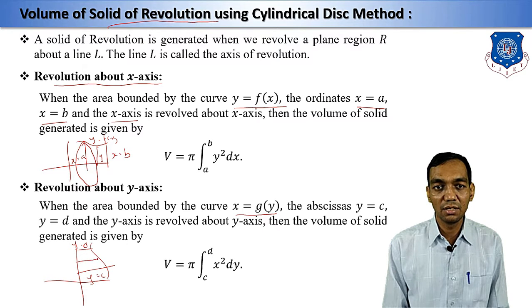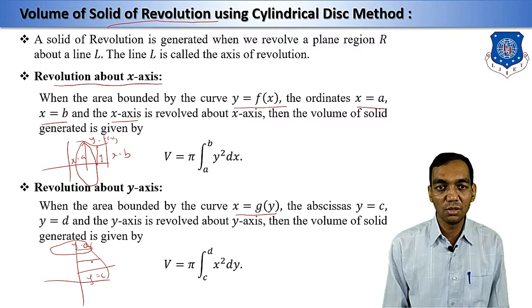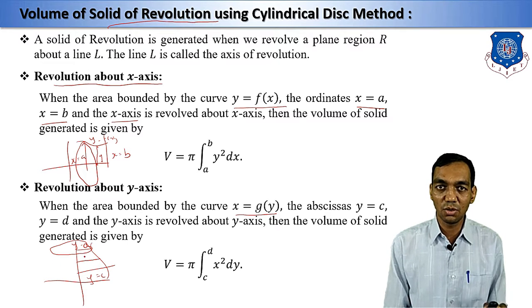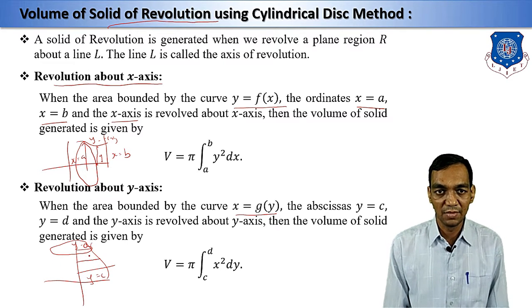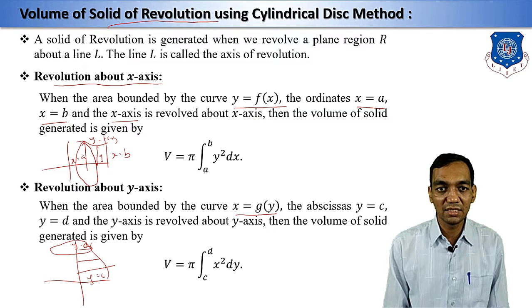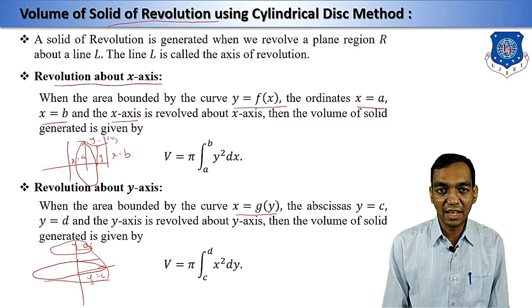And here you are rotating this curve along the y-axis. Then here it is going to be rotated. Then you have a circle along the y-axis. So again the cross section is going to be a circle, the same, because you are taking a rotation. So for each point you have a cross section and it is going to be a circle, and this height, now see, this radius vector is nothing but, if this point is x comma y, then this radius is nothing but x.